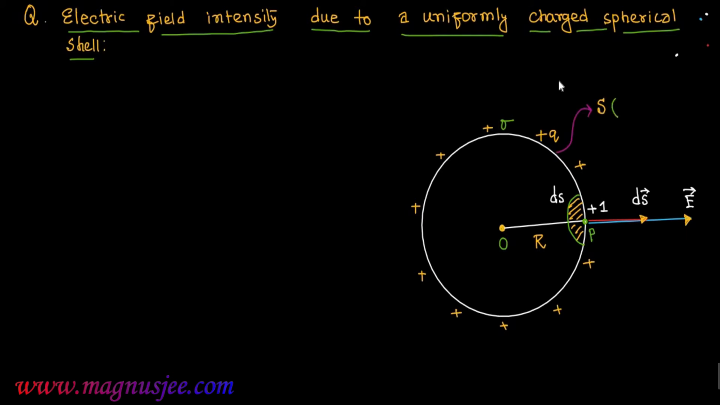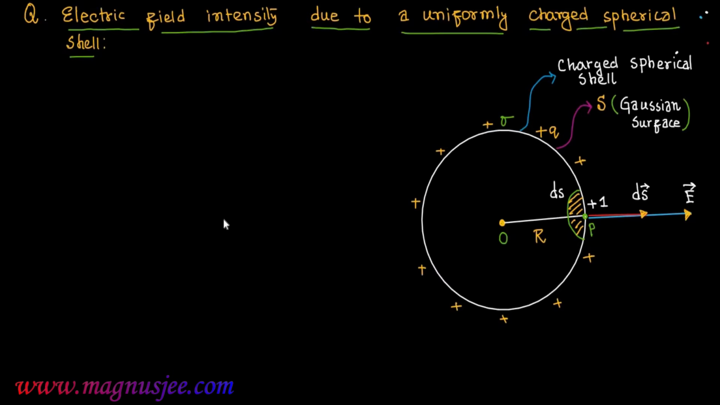This is a uniformly charged spherical shell, and we can assume that S is the Gaussian surface, a spherical Gaussian surface. This is the charged spherical shell, and this spherical shell is assumed as the Gaussian surface, to find the electric field intensity